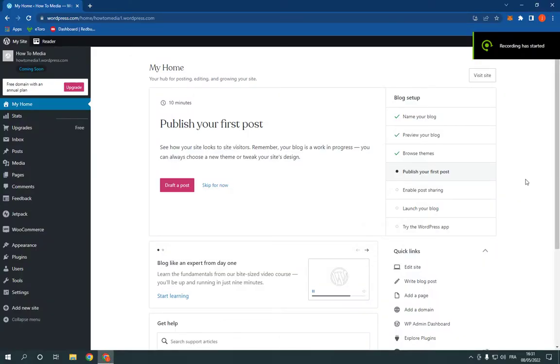How to delete your website and account on WordPress. Hello guys, so all what you have to do is so simple. Just go here to the dashboard,